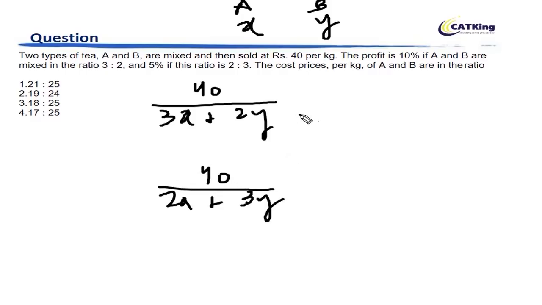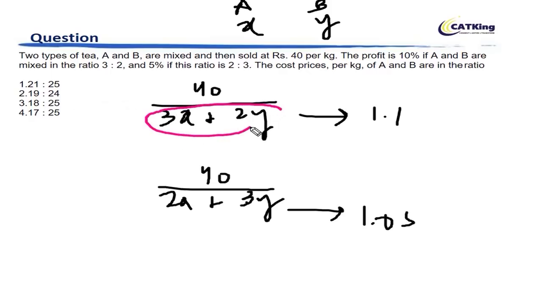So you know that this number has to get to 1.1 and this number has to get to 1.05, right? So you should take the numbers in such a ratio that you get it. So let's take any of the options. Now if you check the options, you will clearly find which option will give you a 0, if you actually solve this a little.